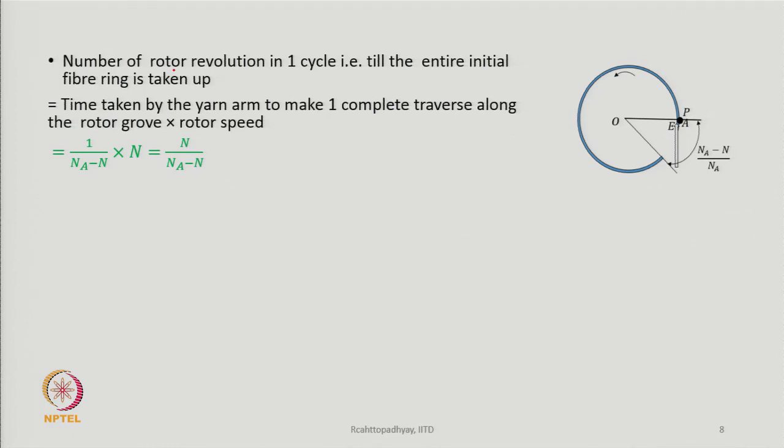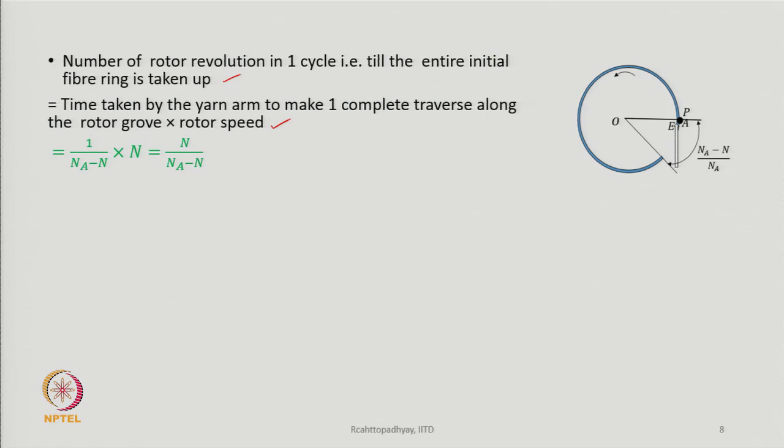First, the number of rotor revolutions in one cycle, that is, till the entire initial fiber ring is taken up or withdrawn, is going to be the time taken by the yarn arm to make one complete traverse along the rotor groove, multiplied by the rotor speed. See, the point is both the rotor as well as the yarn formation point P are moving together simultaneously, and their relative speed is capital N_A minus small n,